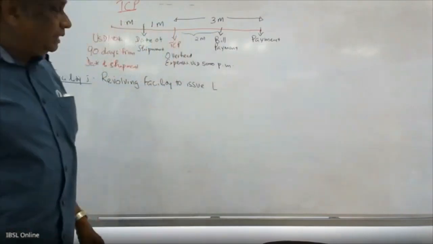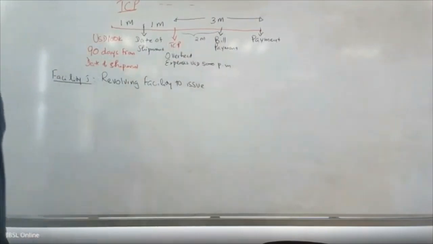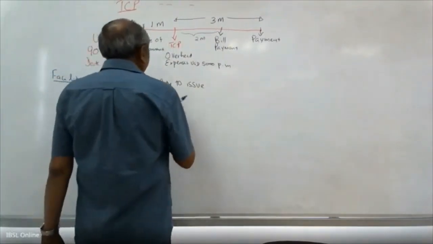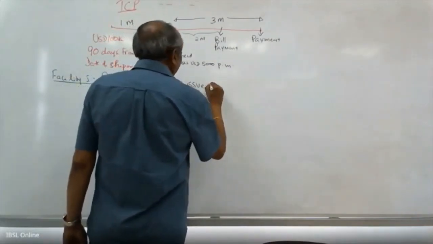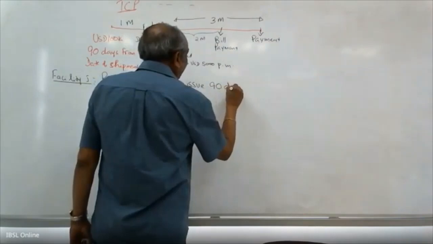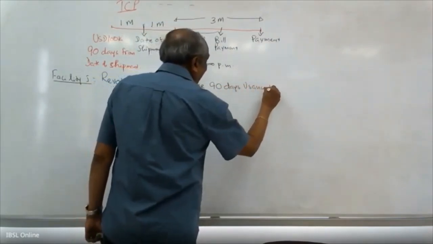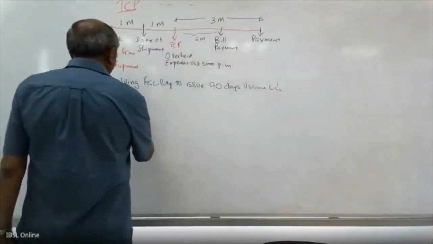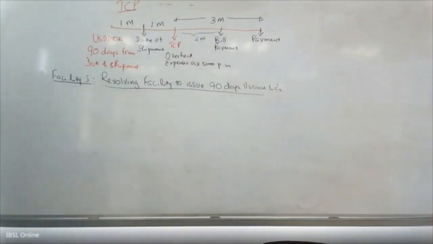It's better if you say the exact type of LC: a revolving facility to issue 90 days usance LCs. Underline it. Then you have to say